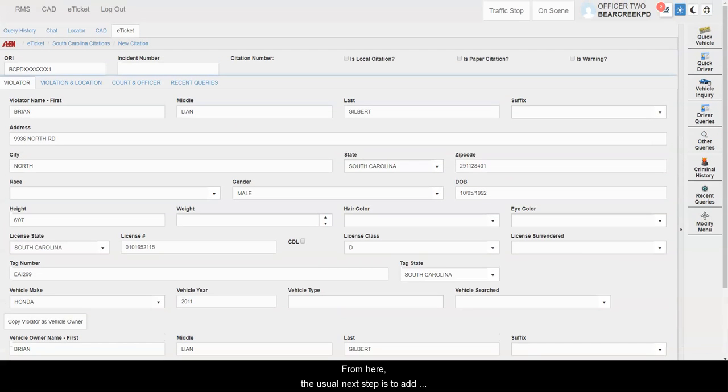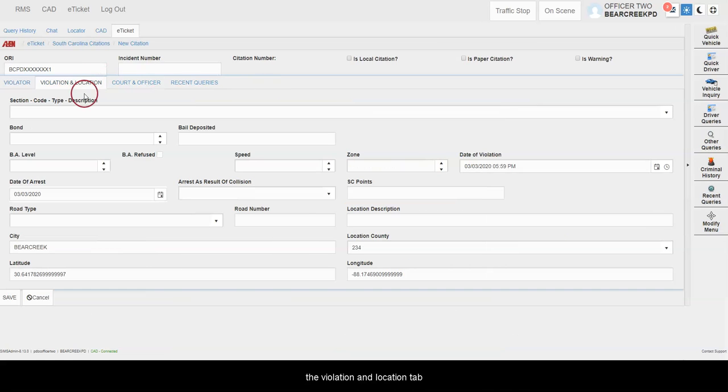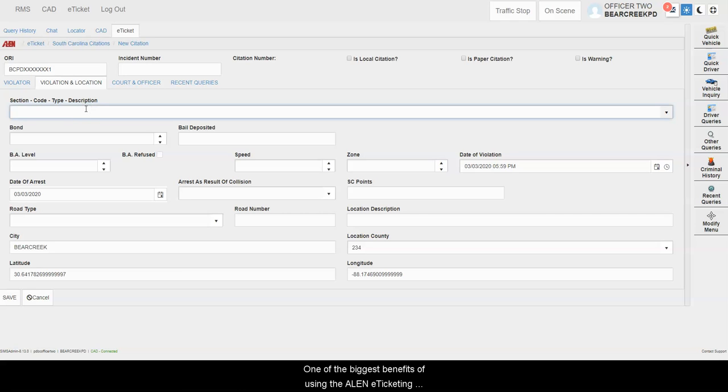From here, the usual next step is to add a violation. So we're going to click on the Violation and Location tab. One of the biggest benefits of using the ALEN e-ticketing program is that your violations are preloaded in the back end of the system, and